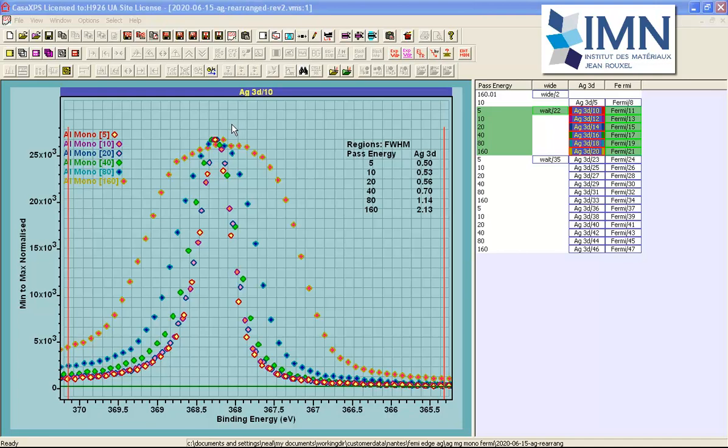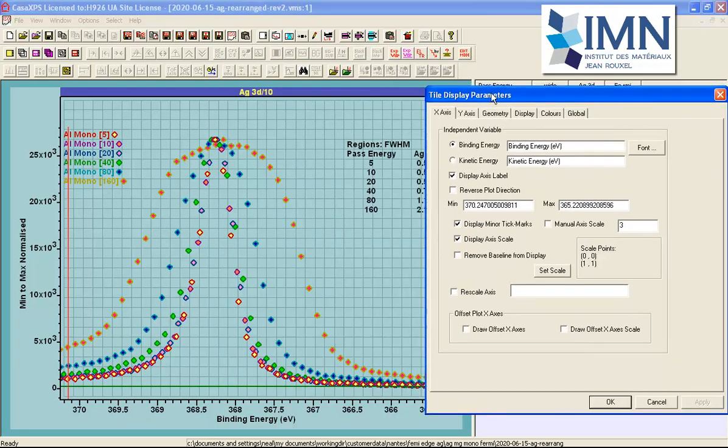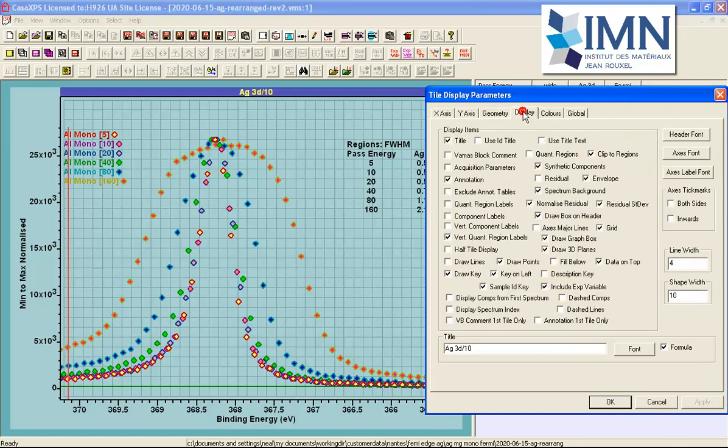In this video I'm going to look at some of the display options that allow the display of data using a set of points rather than a set of lines connecting points. Data are plotted in the active tile using the set of parameters that are available for changing on the tile display parameters dialog window. The fact that we have points drawn here is because of the arrangement of these three